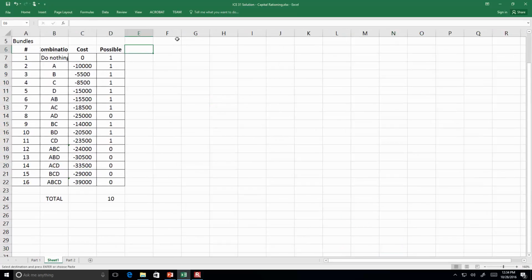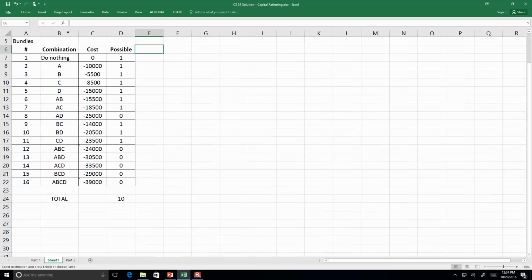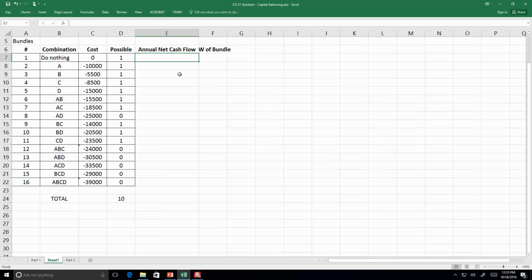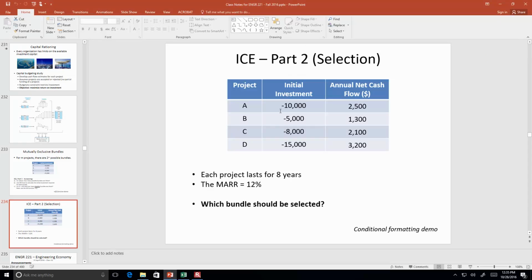All right. So the new columns I'm going to have on there are going to be annual net cash flow and the present worth of the bundle. Okay. The cash flow amounts are given on the handout there, and they're also here on the screen, the cost